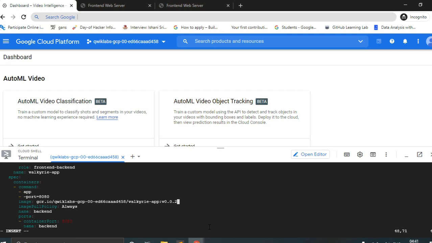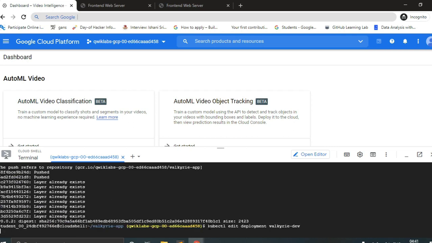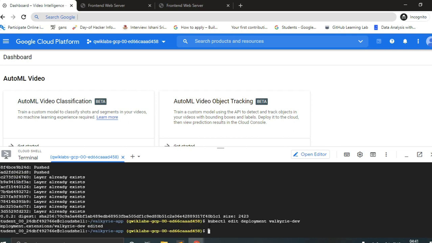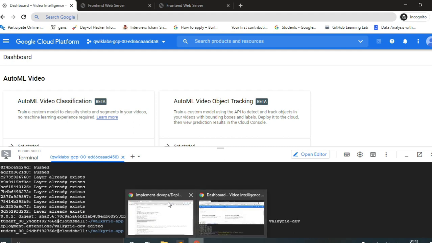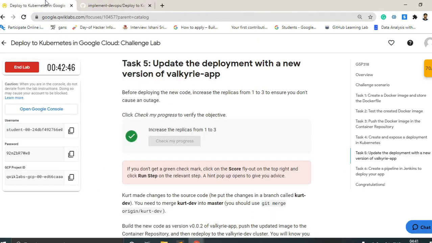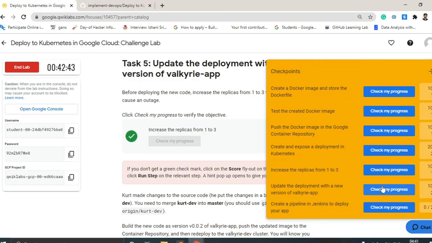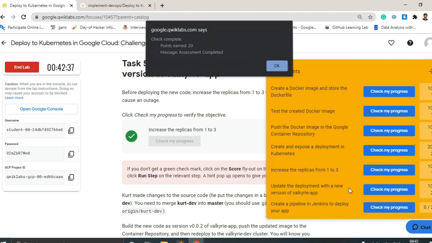After that, Ctrl+O, sorry, semicolon WQ. Okay, so here we go, and we are done with editing the version of the Docker image in the cloud console. So let's check first. Yes, I wish that it has been done.